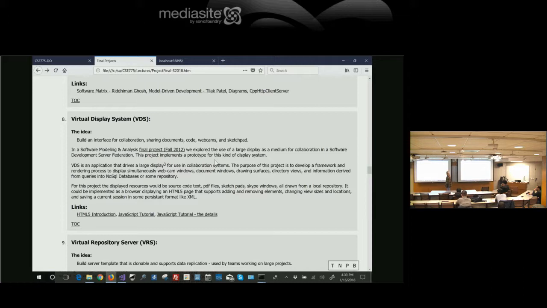And so this virtual display system was a mechanism for managing the runtime layout of those things. So people could pull stuff around: I want the document here, and I want my webcam views there. Just lay them out. That was the idea. That was the model. So this project says, let's work on the rendering for that sort of thing.